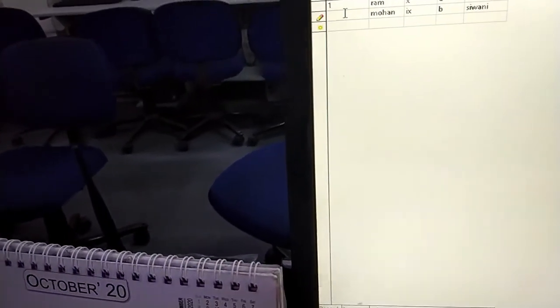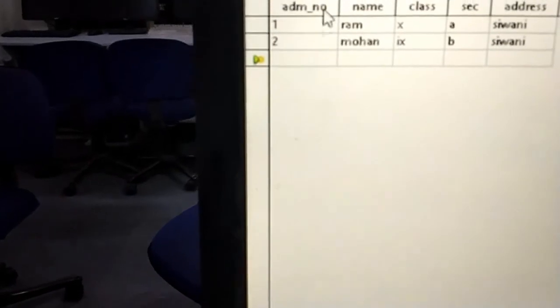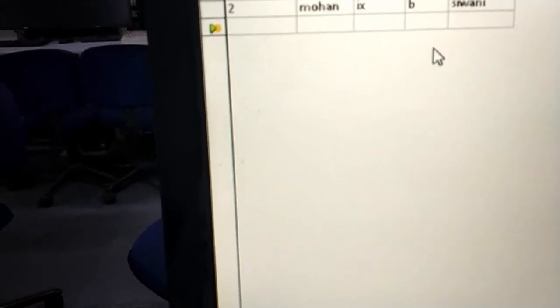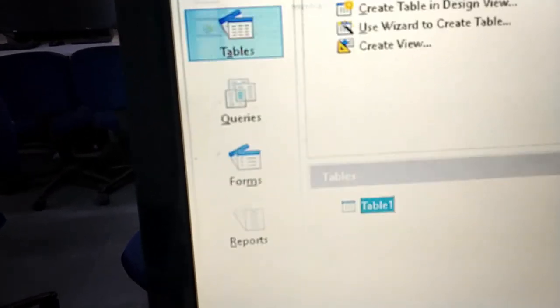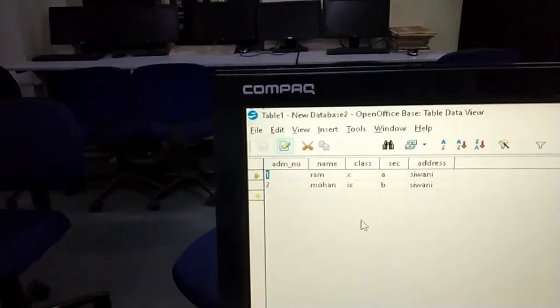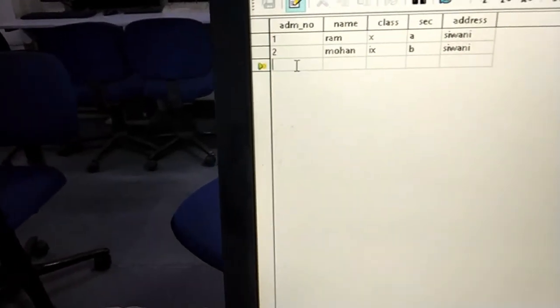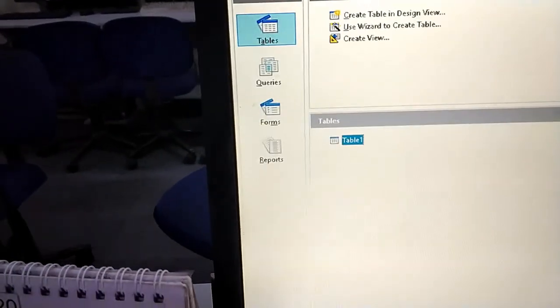So just again delete it and say 2. It will allow you to move to the 3rd record. And this way you can keep on entering the data into the table. That is how we can create a table in design view, and we can enter the data in that table. Close it. The 2 record is already there. Just double click on it. You'll always get this. If you want to enter the new record, just come down and enter this. This is the way you can enter the data.